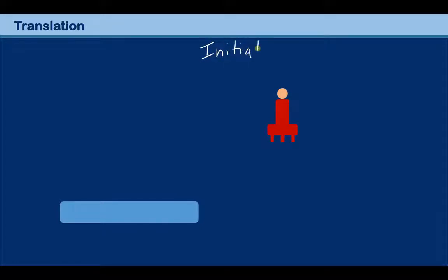Initiation. Maybe you want to make a number 1 somewhere, okay? Because it's the first step. And what you have for initiation is you have the small subunit over here, and this small subunit now connects